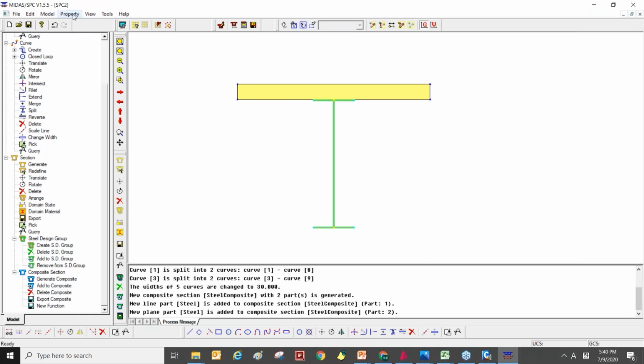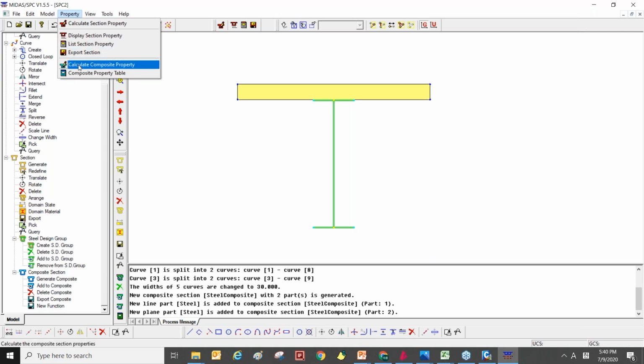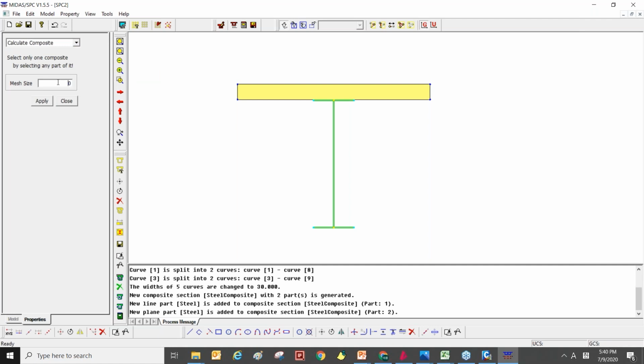So I need to calculate section properties. You can calculate the composite section in the properties. So calculate composite property and input the mesh size and select the section and click apply.